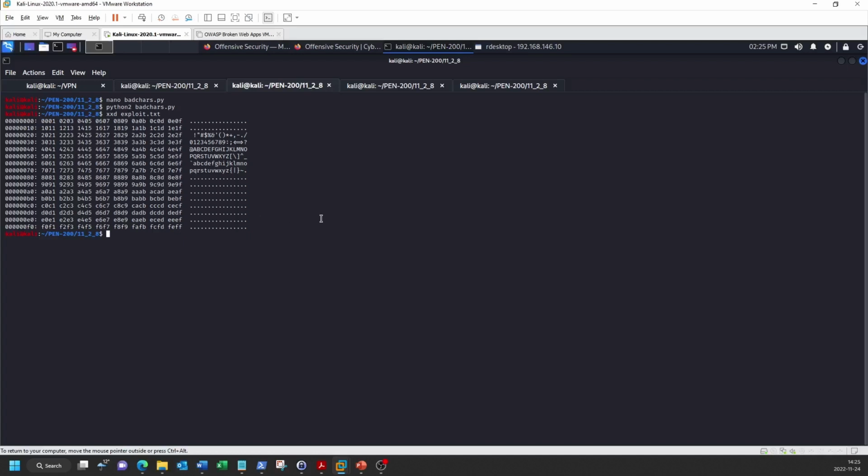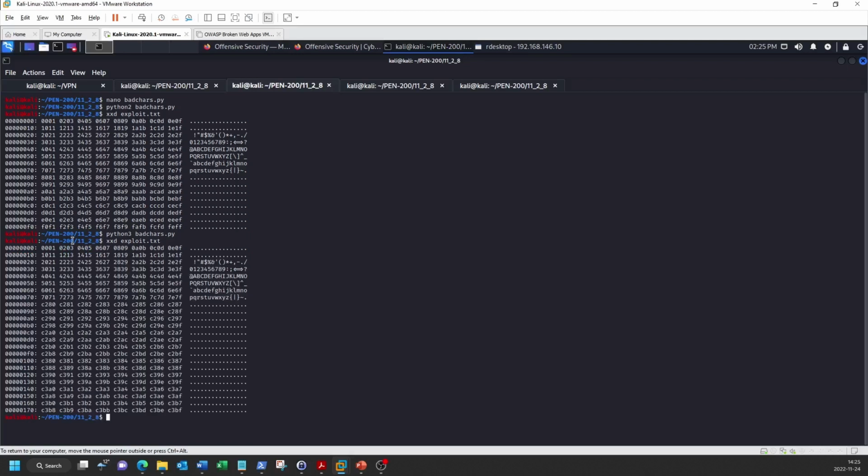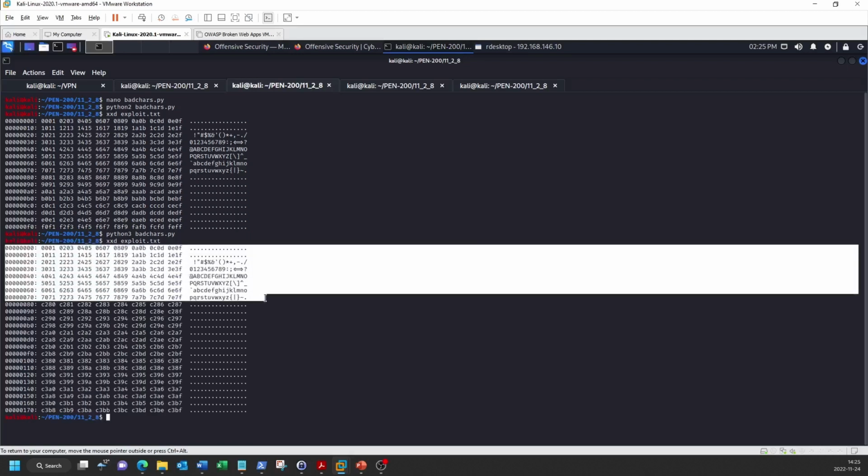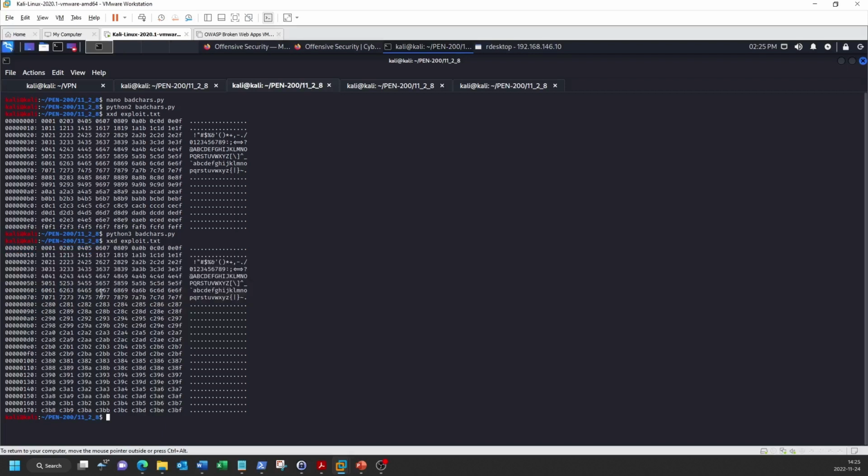If I run this with Python 3, it doesn't generate any errors. As before, I can use xxd to view the output. The first section looks correct. I have all the bytes from 00 to 7F, including the printable ASCII characters. However, the next section looks a bit strange.